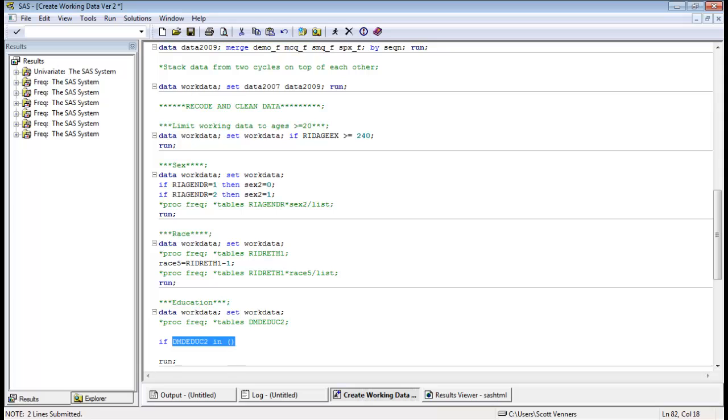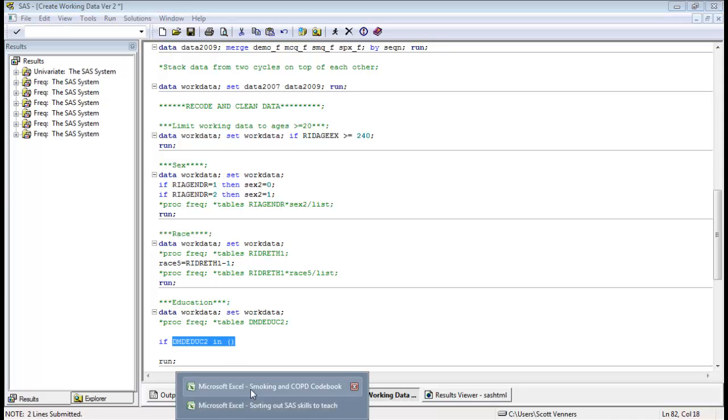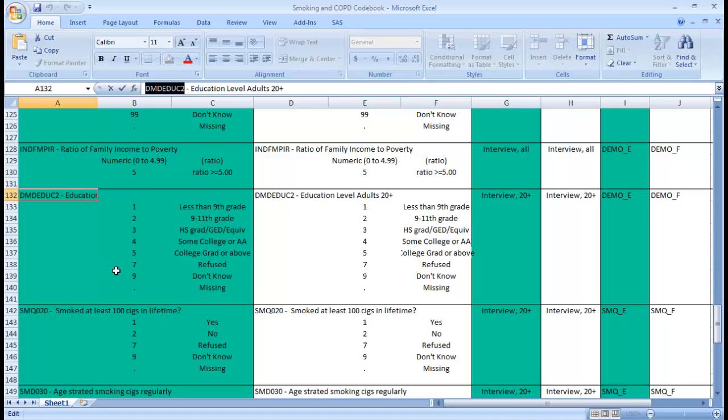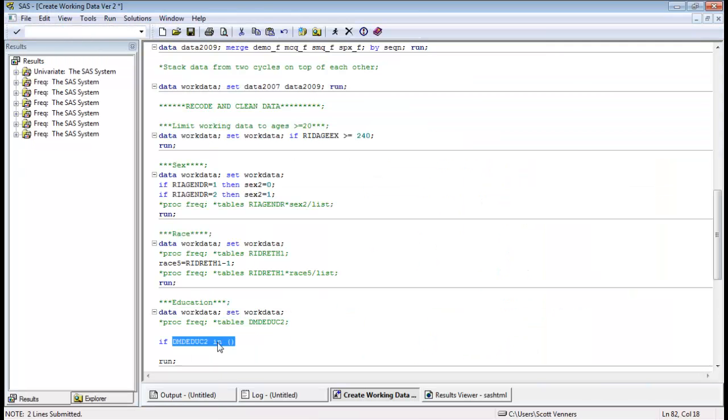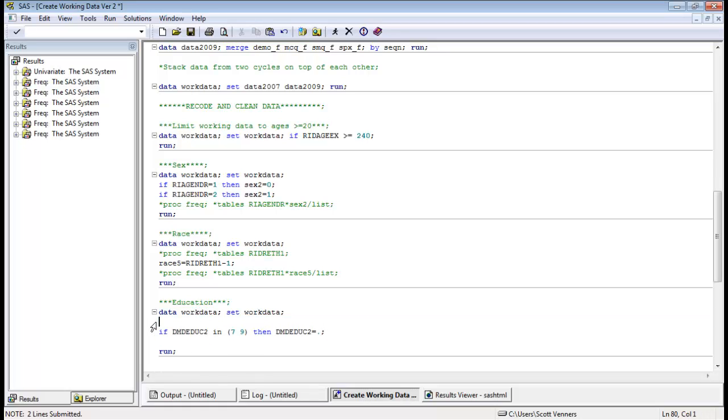So here, what is it? We want to know if it's either equal to 7 or equal to 9, I want to recode that as missing. So what I can say here is if the education value is in 7 or 9, then the education value equals, and if you want to recode something to missing, you can actually put a dot. That will recode it as missing, and then semicolon here. So then let's go ahead and use this one. Let's see if it changes